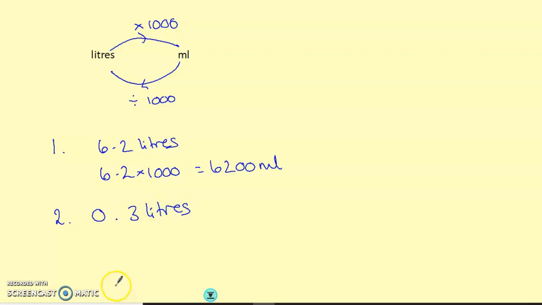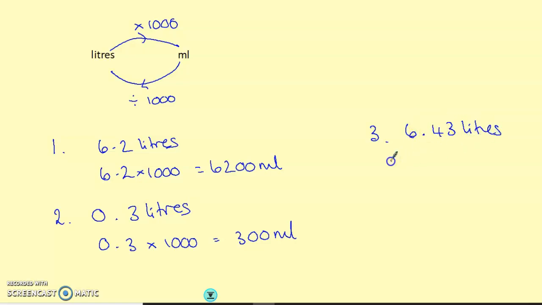Try a second one, 0.3 litres. 0.3 times 1,000 would be 300 millilitres. Last one, let's go for 6.43 litres, timesing by 1,000 would be 6,430 millilitres. Okay, I want you to try the worksheet then that I've put onto Moodle